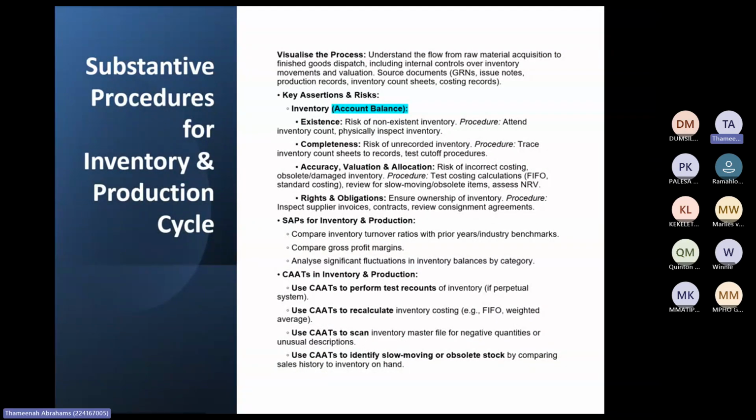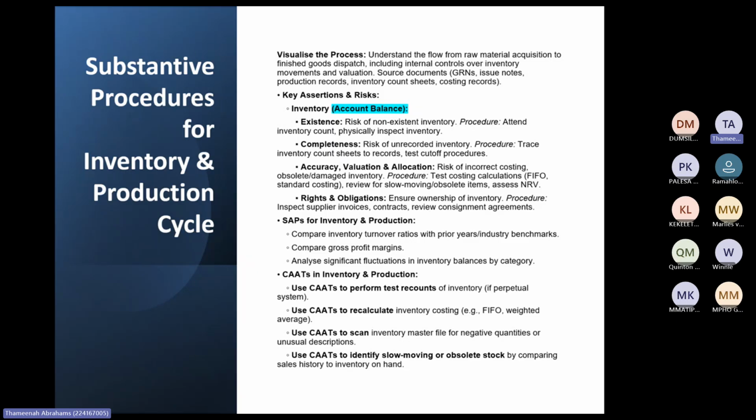Next is inventory and production cycle. So this cycle, like I said on Sunday, is very similar to the purchases and payments cycle. It's just this one is focused on manufacturing. So instead of your client ordering a good and selling that good immediately to your customer, your client is now purchasing raw materials, and those raw materials are going to go into production. The production is going to make a finished good, and the finished good is going to go to your customer. So there again, you must know every part within that cycle. You must know where you're at, because if you purchase the raw material, of course, you'll still have the purchase order, which must be authorized by someone.